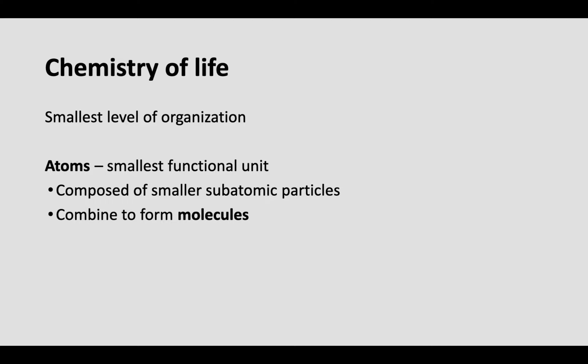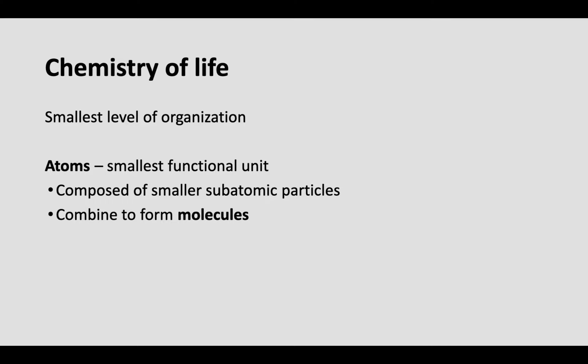The smallest level of organization is chemistry. We're talking about atoms, the very smallest functional unit in biology. I say functional unit because even though atoms are made of smaller subatomic particles, like we saw in that video, electrons, neutrons, protons, atoms cannot be broken apart naturally. We can break them apart by all sorts of cool physics inventions that I don't truly understand, but some people do amazing work there. They can be broken down, but it's not natural. So atoms are the smallest functional unit.